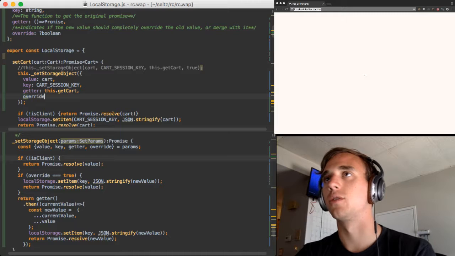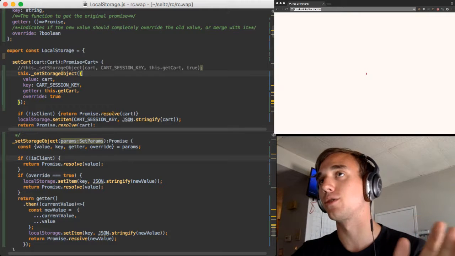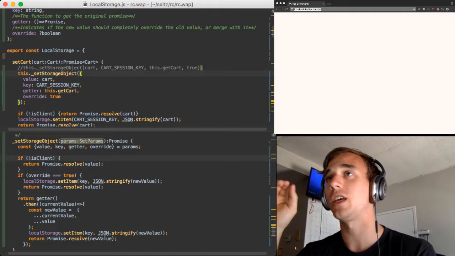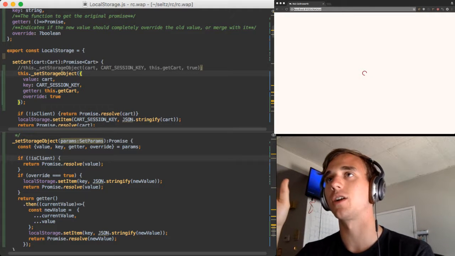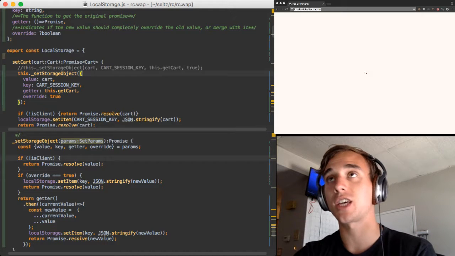Override is true. And this is so much better because now I can clearly see set storage object. If I didn't look at the set storage function, I can just see value. Not the best name, but I can kind of infer what that means. Key, okay, I can kind of infer what that means. Getter, okay, override, true. And if I'm unsure, I can just look at the type definition for what each of